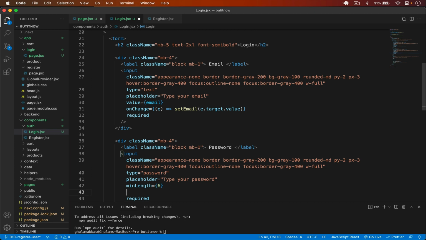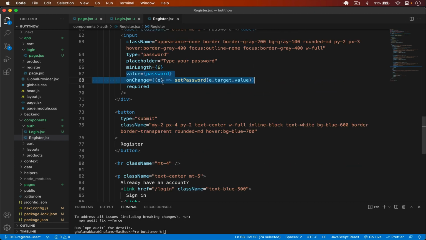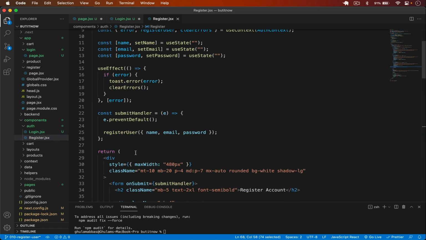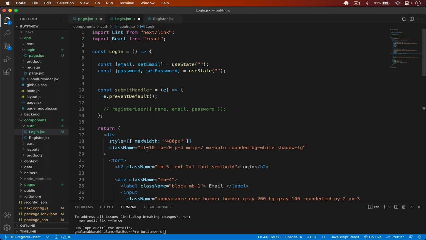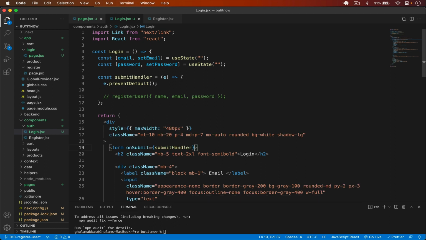And then after that we also have the submit handler here. So on submit I will use my submit handler. So I copy that also from here, and I add that here. So now on submit it will come here. Now we have to simply pass the email and the password to the backend, and for that I